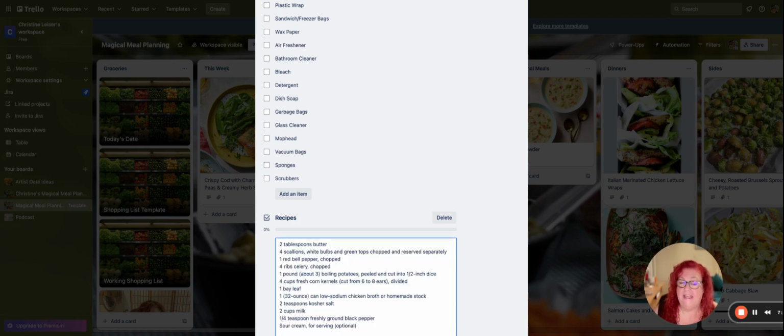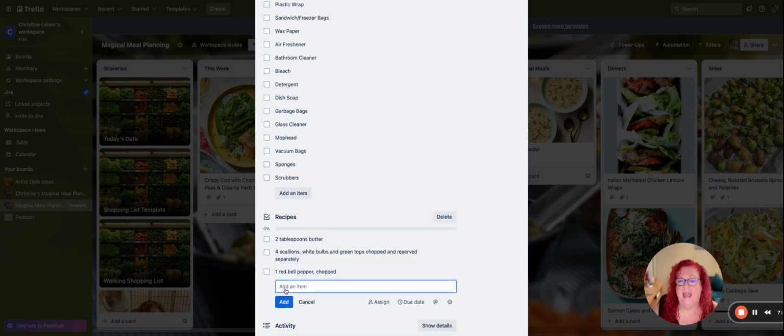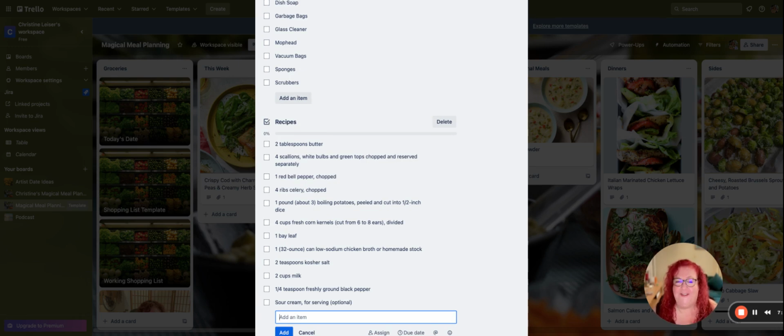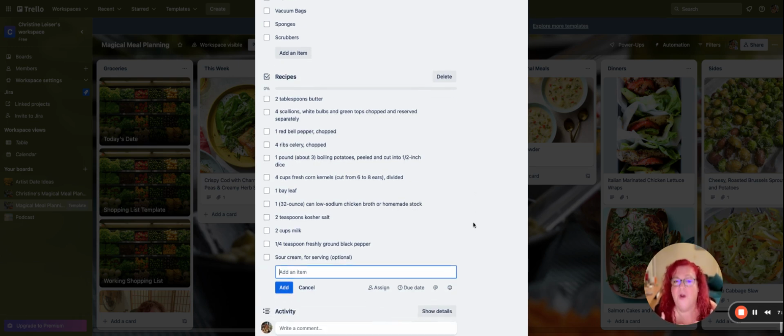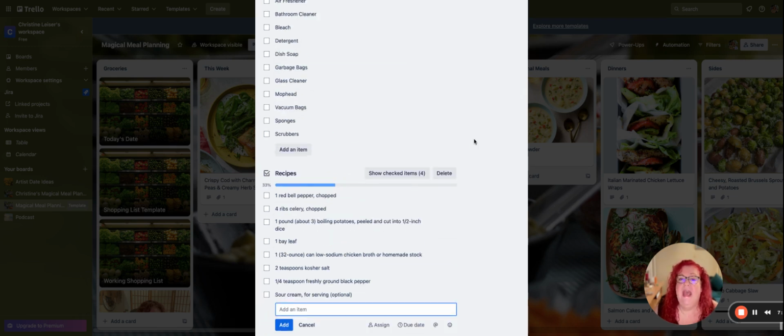You just copy and paste the entire ingredients list, and then you just click add, and it automatically creates check boxes for you to use. So now, personally, what I wind up doing is I know I have butter. I know I have scallions. I don't have the boiling potatoes. I have corn kernels. You just get rid of everything that you already have, hide them,